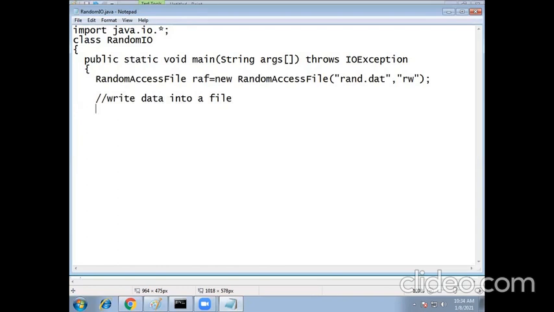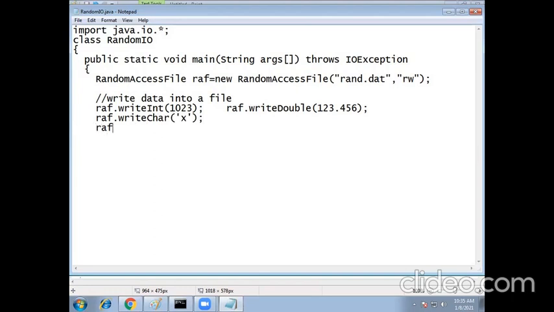RAF dot writeInt, write integer, and RAF dot writeDouble, 123.456, and RAF dot writeChar. A single character you can write.